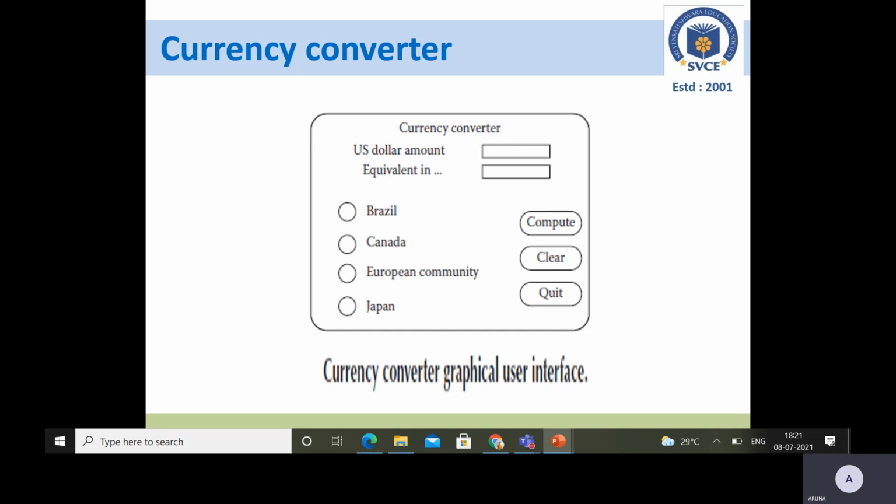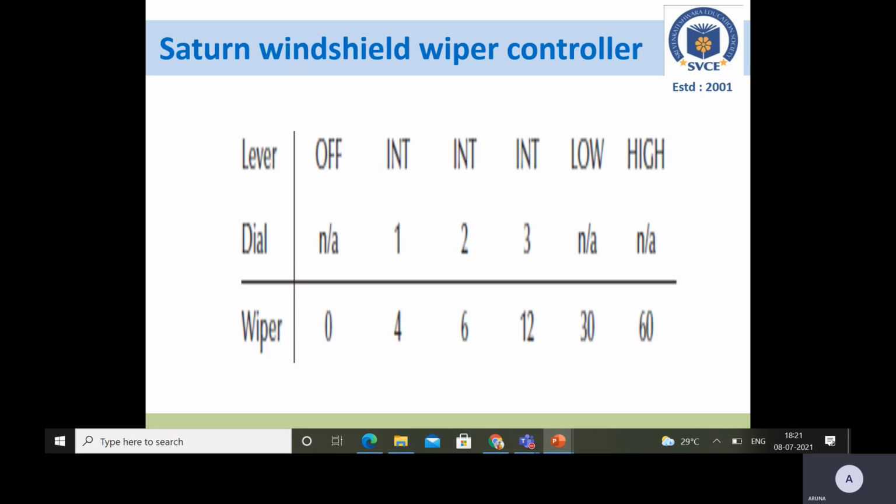Next, we'll go with the Saturn windshield wiper controller. How does this Saturn windshield wiper work?